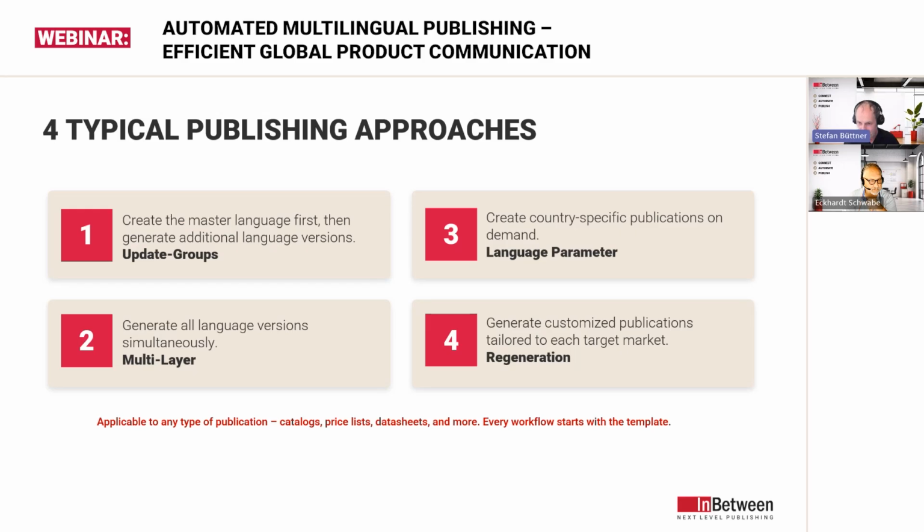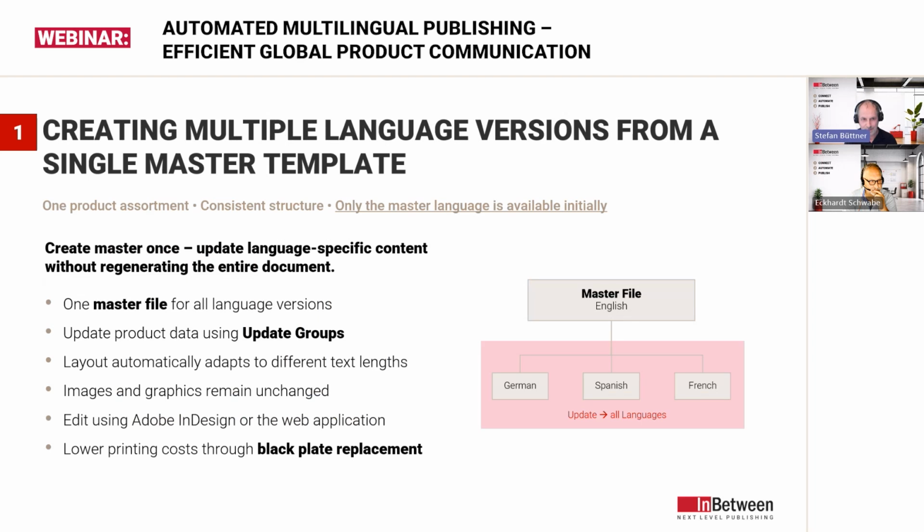Approach 4 is to generate customized publications tailored to each target market by doing a regeneration each time the data changes. Any of those approaches can be done with any publication, be it a catalog, price list, data sheet, and more. So, first approach,